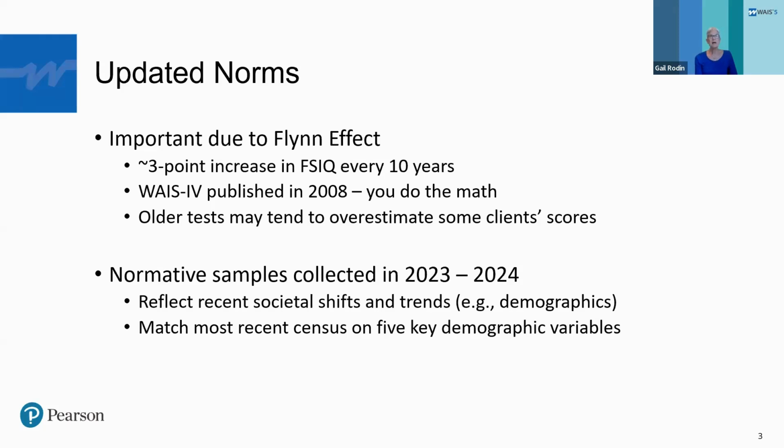We had gathered about half of our normative sample before COVID, and then when COVID hit, we had to shut that down because we weren't doing face-to-face testing. After the worst of COVID was gone and we were able to resume norm collection, we had a decision to make as to whether we took the half that we had gotten prior to COVID and just filled in the second half and aggregated them to make our norms, or whether we started over. That was a long discussion with a lot of things taken into account. And we decided that the smartest thing to do, since we were beginning to see changes due to COVID, was to start over and collect all of the data